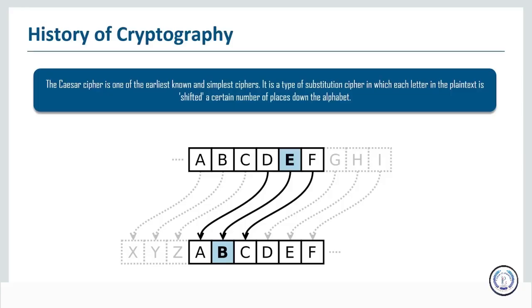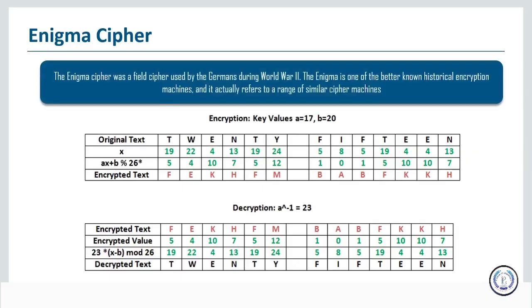Now you must have heard of things like ROT13, which means that you rotate 13 letters instead of 3 letters. That's what we can do here again. This is just a simple rotation cipher, or Caesar cipher, which is what ROT stands for: rotate, or rotation. Now, coming forward a couple thousand years, we have the Enigma cipher. It's important to note that Enigma is not the word given to this particular cipher by the people who developed it. It's actually the word given to it by the people who were trying to crack it.